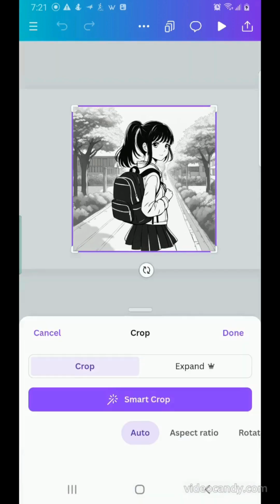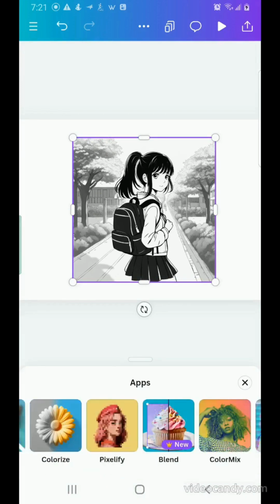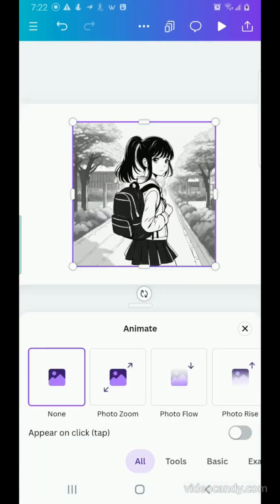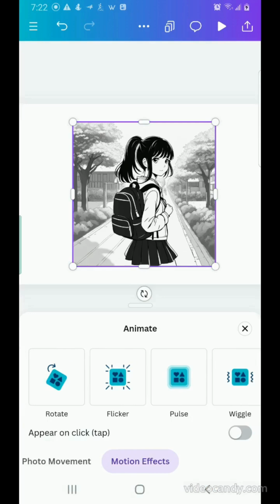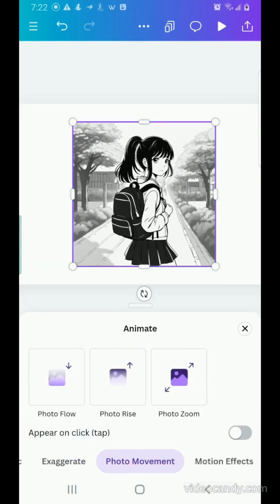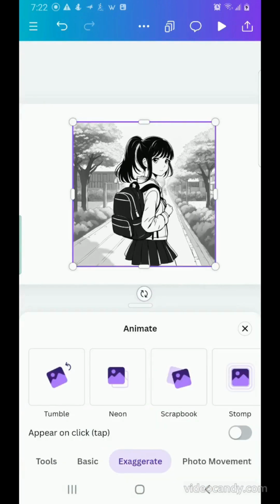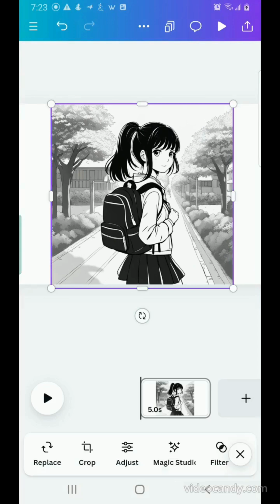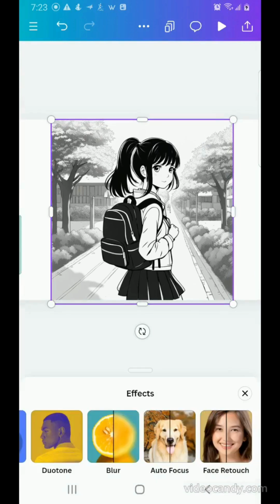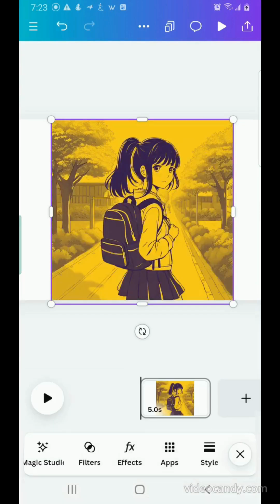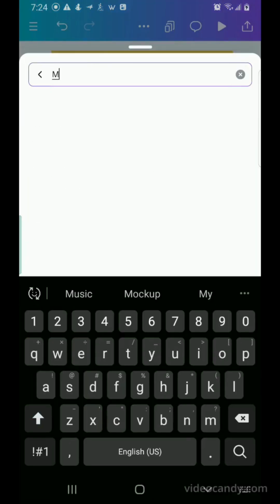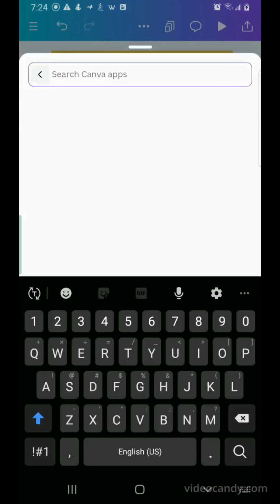Explore the features of Canva that allow for animation, such as templates, animation styles, and how to customize them to fit your needs. Climax/key moment. Demonstrate a quick and easy animation process in Canva, showcasing the transformation of a static design into a dynamic animated video. Conclusion/summary. Summarize the steps covered in the video and emphasize how simple it is for anyone to create animated videos with Canva. Call to action, CTA. Encourage viewers to comment on their experiences with Canva and invite them to watch your next video for more tips